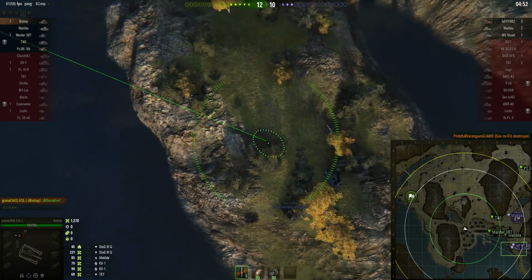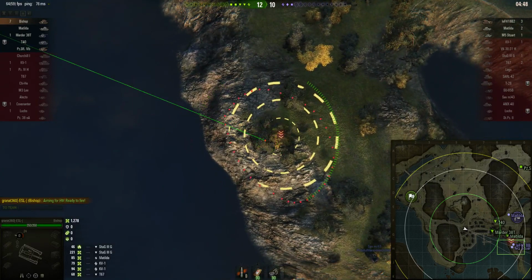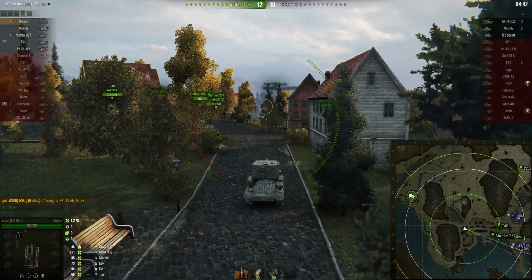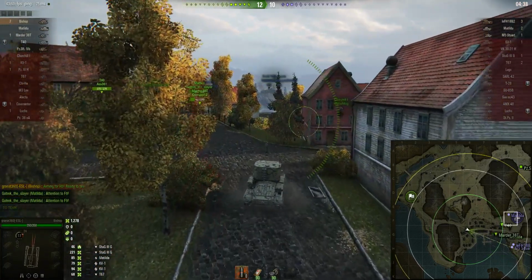Now he's got 3 enemy to shoot at. The Fifi, the Matilda, and the M3. Or the M5 rather, Stuart. He's going to move closer. That's a bit of a risk. If he is spotted...